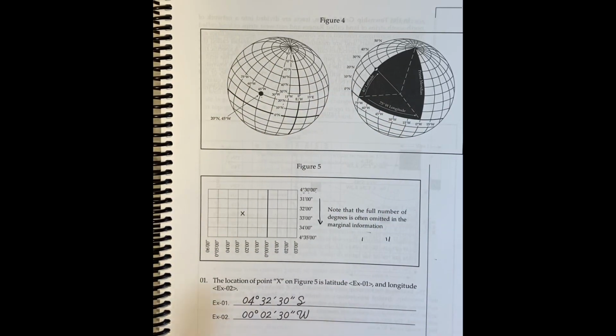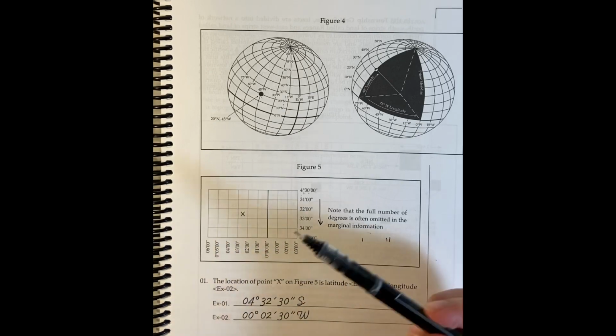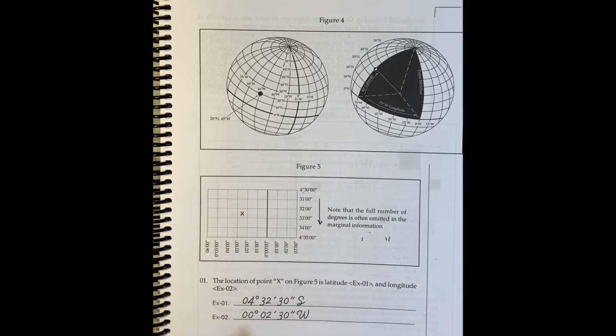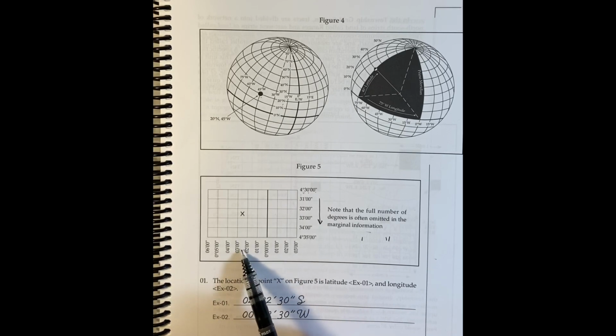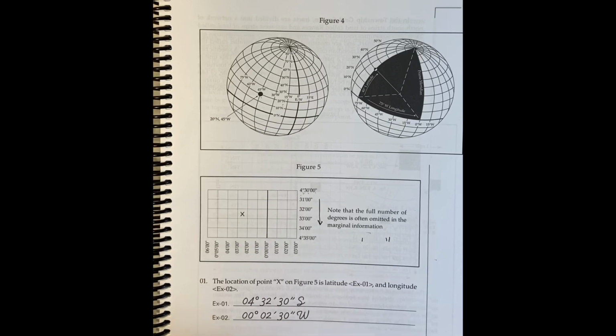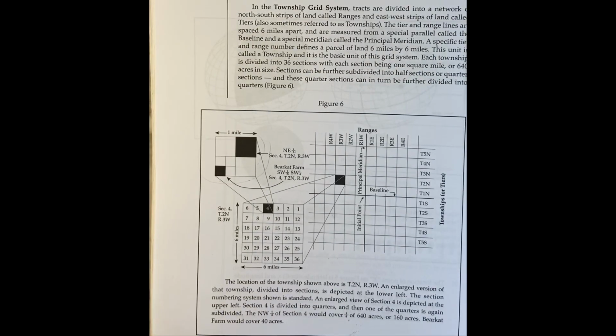And then for your longitude, if that's your prime meridian, and we're going this way, then it's going to be west. So it's going to be 0 degrees, 2 minutes, 30 seconds west. Does that make sense? We're also going to go over township grid system,